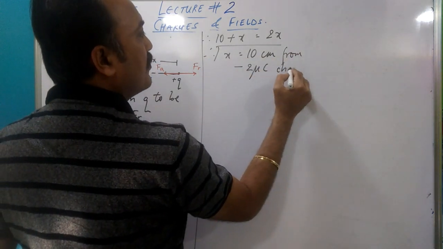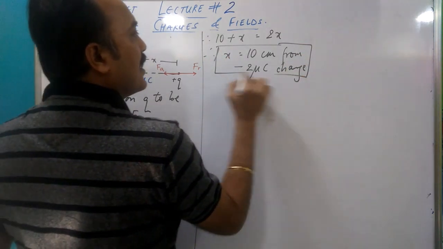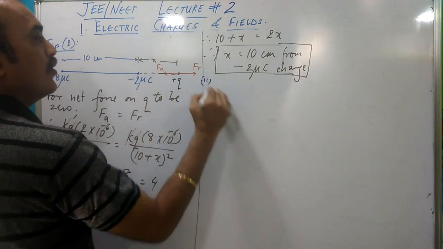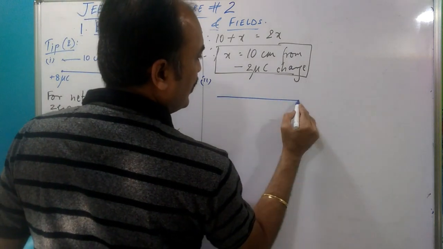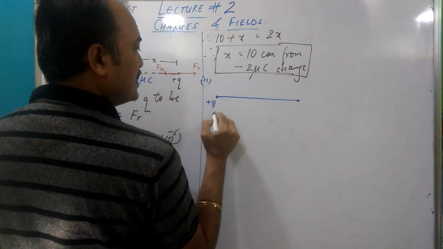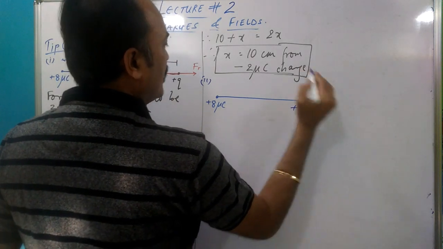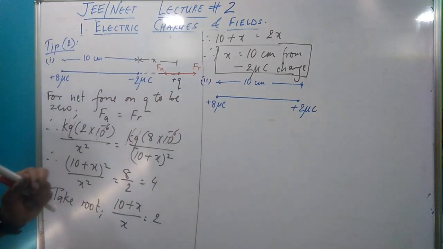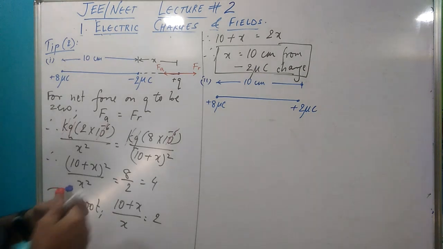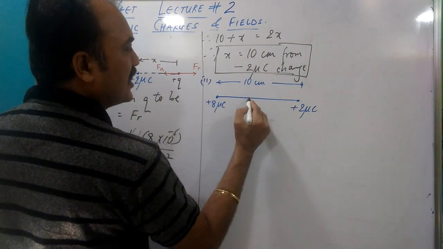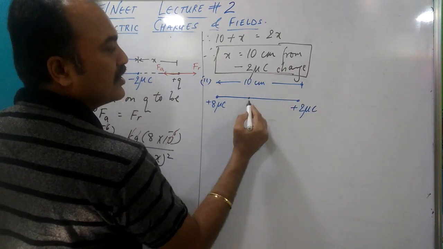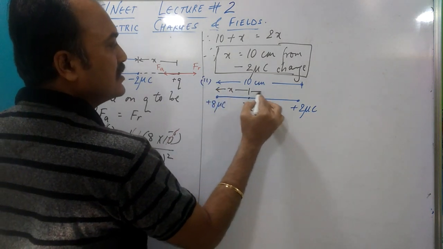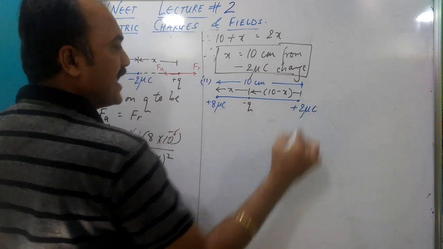The second part of this idea, this was 1. We will take up 2. What if these are two like charges? So one is plus 8 and the other is plus 2. Lovely system here. I call it a two-friend system. Again, same mission template, 10 centimeter apart. Where would the third charge be kept? Remember, for two like charges, the third charge will always be kept somewhere between the two charges. So let me call this Q and let me give it a sign minus. This is X. So this is 10 minus X.